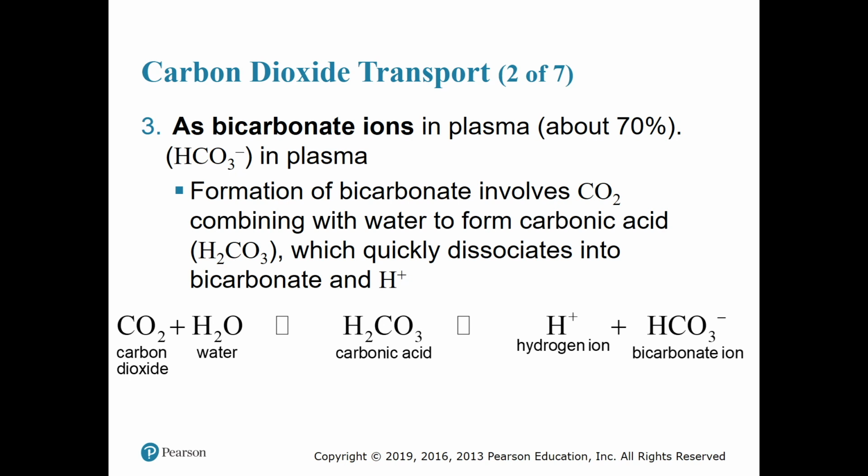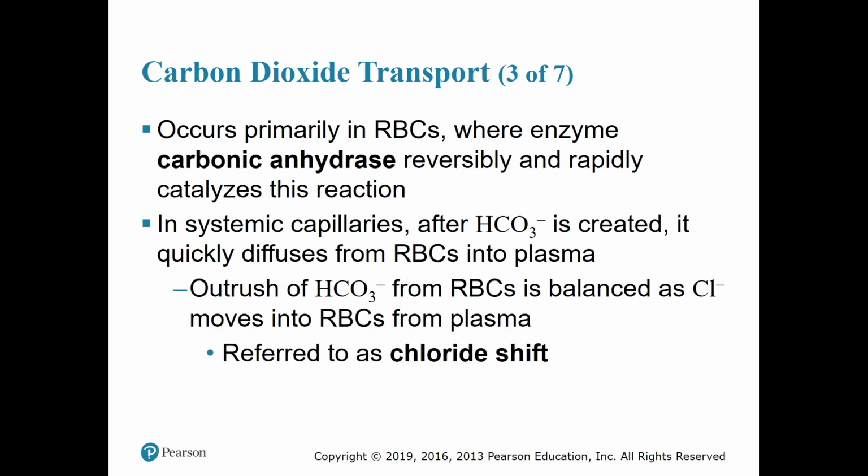This formula: carbon dioxide is converted to carbonic acid through the activity of the enzyme carbonic anhydrase in red blood cells. The carbonic acid molecules immediately dissociate into a hydrogen ion and a bicarbonate ion, as we've